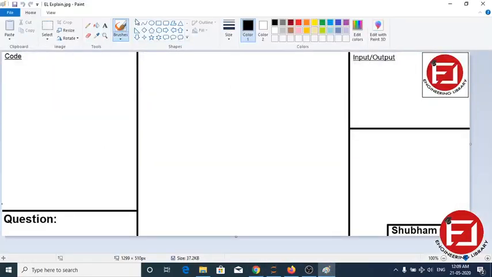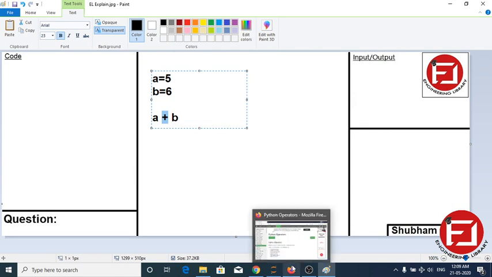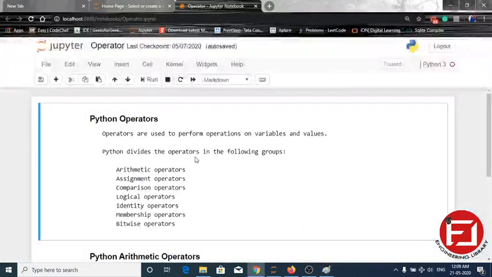Suppose variable a contains 5, b contains 6. Now a plus b means this plus is an operator performing some operation between these two variables, meaning we are adding. So this is just a normal definition of an operator.